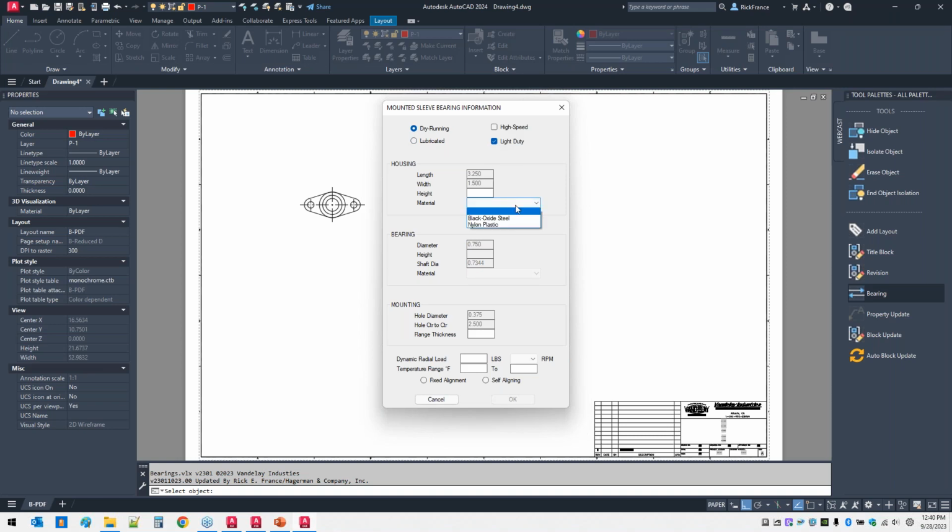Right there. If I hit light duty, if you notice when I was on lubricated, these were grayed out. But if I go dry running and say light duty, then I have other choices. And some of those will define my bearing choice from there. If I hit high speed, again, other choices. So what we're doing here is basically controlling some of the materials I can use in the selection. I'm going to leave this one dry running and high speed, so we'll make it the black oxide steel. That is my only choice for the bearing material